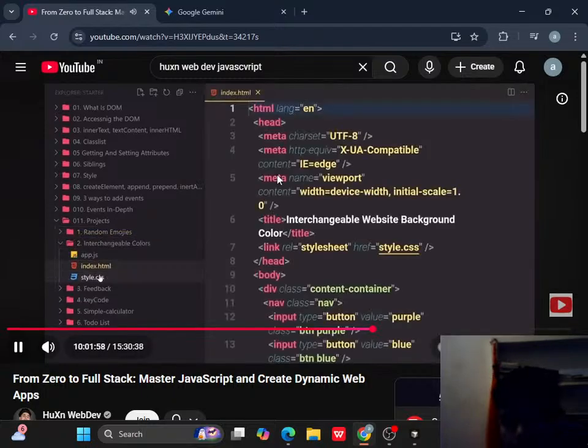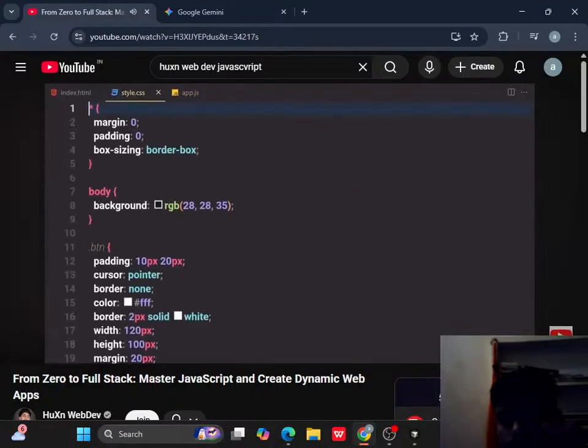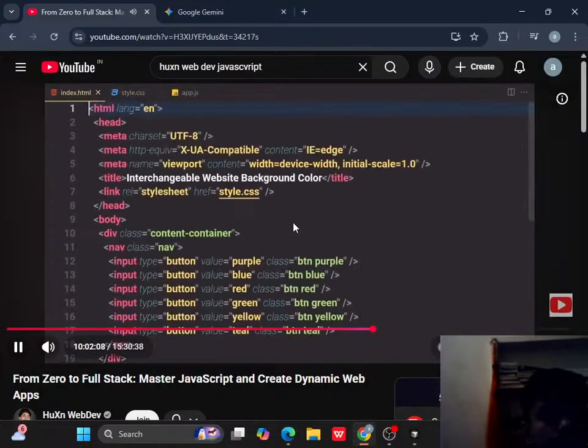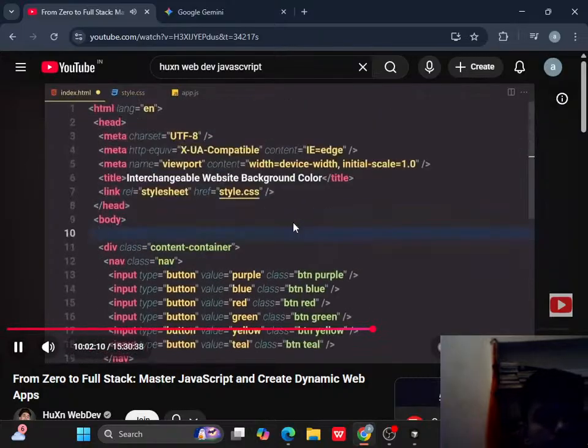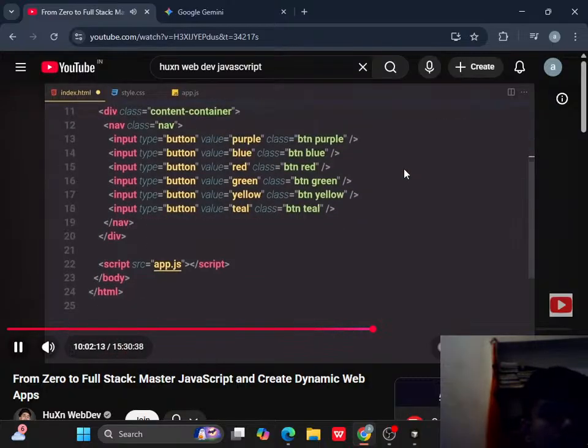I'm going to open my index.html file, style.css file, and app.js file right here. I don't want you to write all of this code by yourself, so I've already given you the CSS. And by the way, I've already built this project, so you can check out all of this project plus